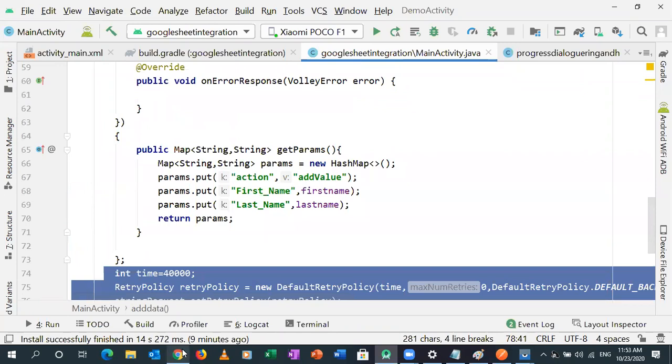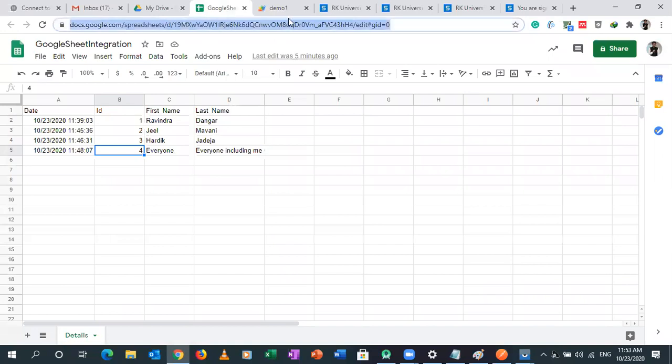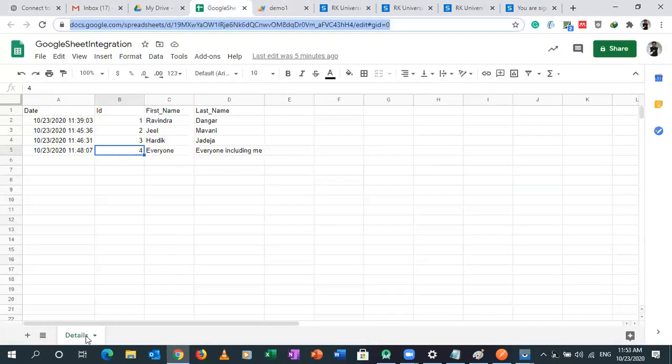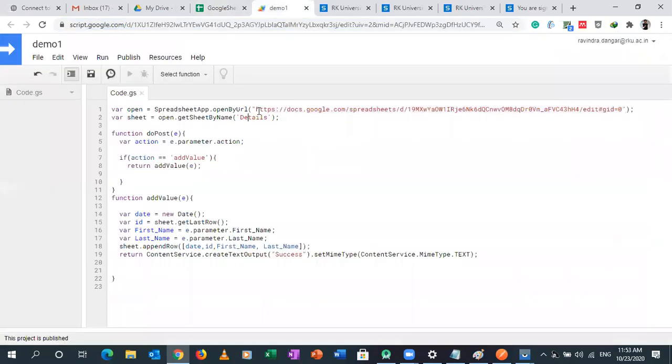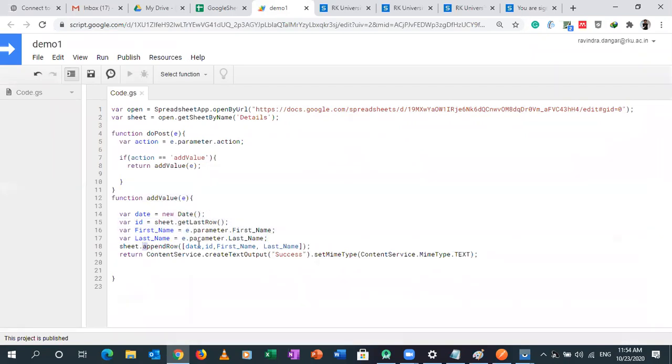And if you go for the script part, then first you need to give the URL of your Excel sheet. So this is the URL that I have copied. You need to give the sheet name. So this is the sheet name. Then do post, get the action. If it is add value, call the add value function, get all the fields, whatever fields you have, and just append row. So whenever you append row, it will